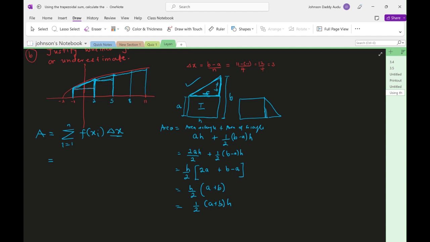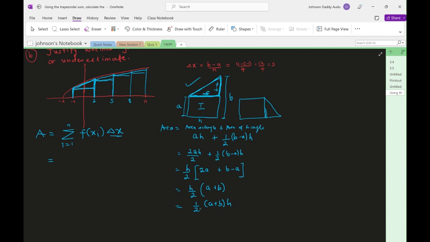Remember, we said the formula is a plus b times h. Look at h. What is the h? The h is this distance, from here to here, which is like the width. In all of them, the h are the same, because this is h, this also gives you h, and this also gives you another h. So using this formula, we will have